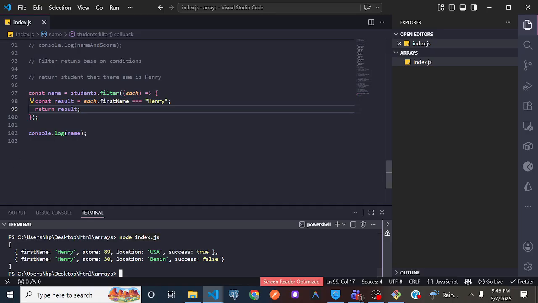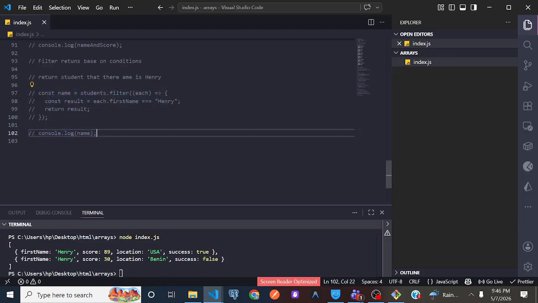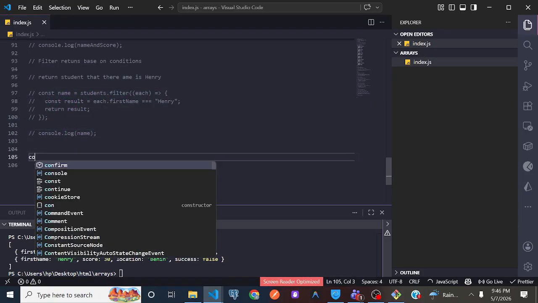It gives you everything because what I just wanted was to return students whose first name is Henry. Once it gives me Henry, it produces everything about that Henry as well. That is a condition, so the rest of the names are not important. You can also get students whose score is below 50 or above 50. To do that, you can just say